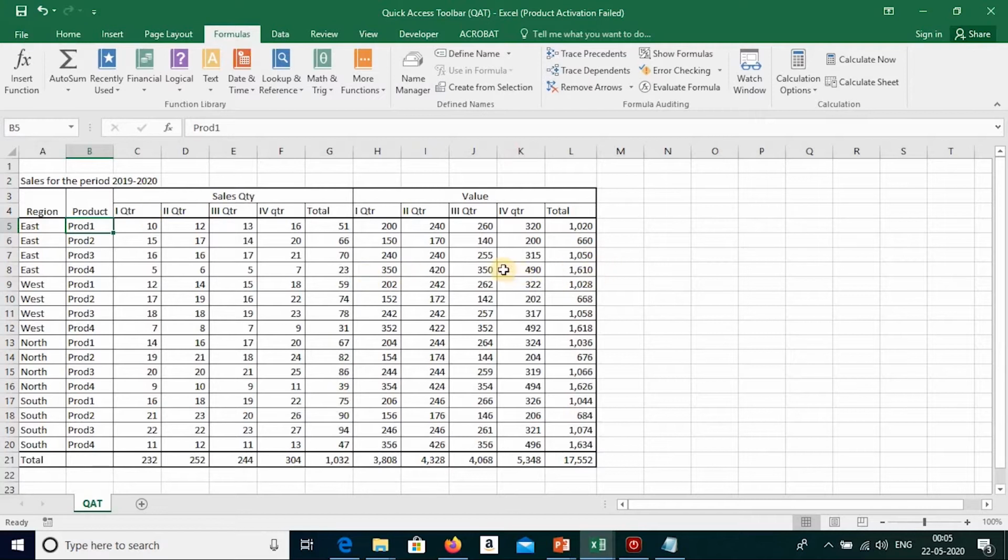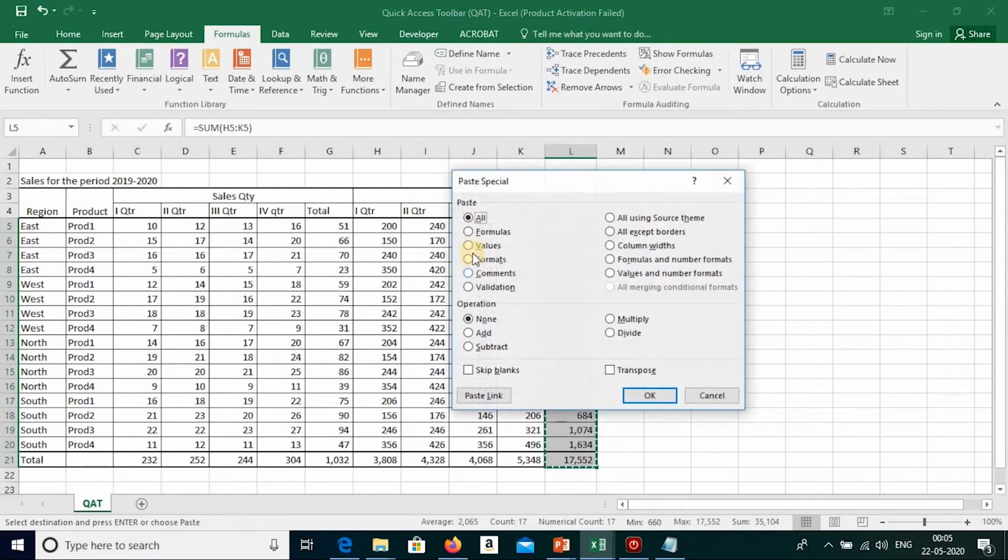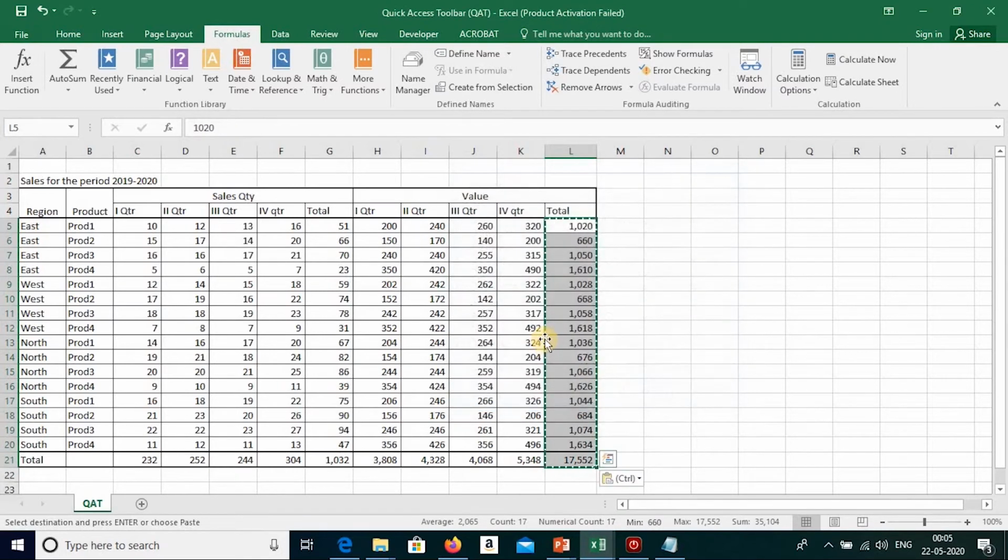For example, paste values, right? Now for example, I have the formulas here. If I want to remove the formulas, what we normally do is copy. After copying, right click, paste special, values. So we are doing 4 operations. I don't want to do 4 operations and waste time. So I will take paste values and put it into Quick Access Toolbar. Let us learn how to put paste values into Quick Access Toolbar.